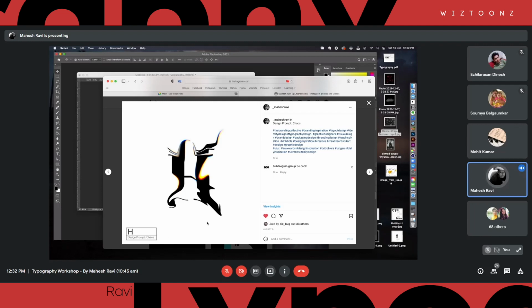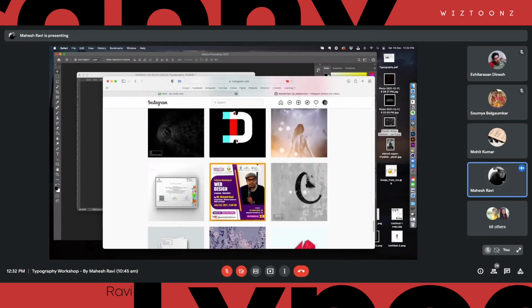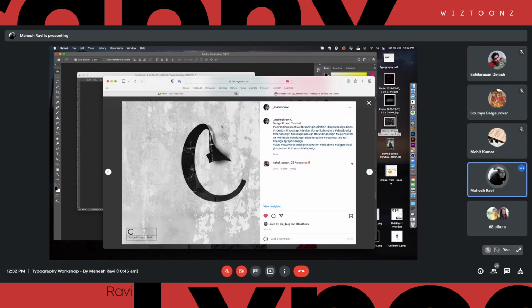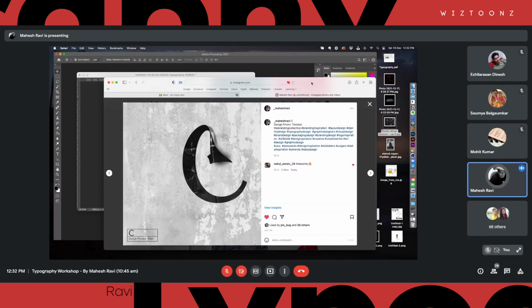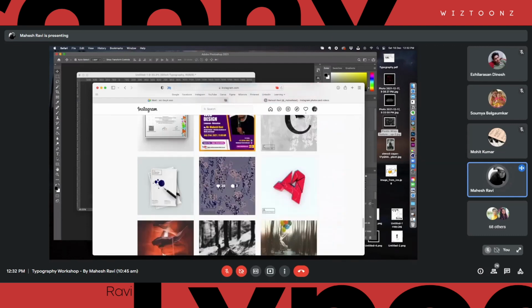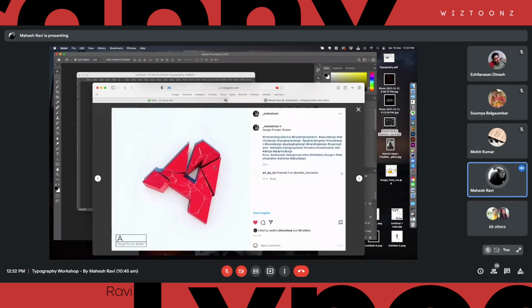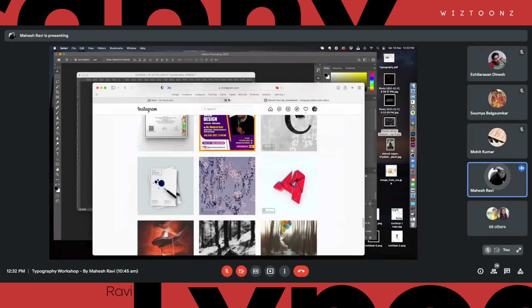Here again, the prompt was chaos, right? It's an H, but we distorted it. So many things that you can do. This is the C, it's not an O. We actually work with C, right? So the same thing that I just showed you right now. The prompt was twist, so it actually is twisting down and all those things. Yeah, this was an interesting task. The prompt was movement, and the letter was B, so broken A, right? So very, very interesting exercise. We'll definitely bring it back to show you more.